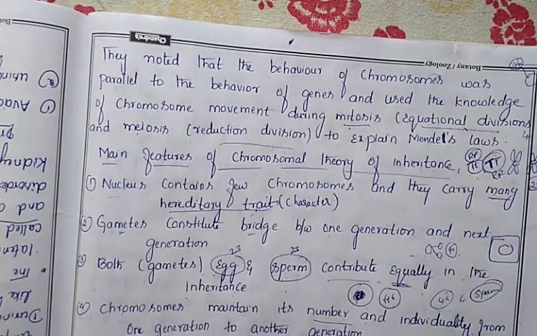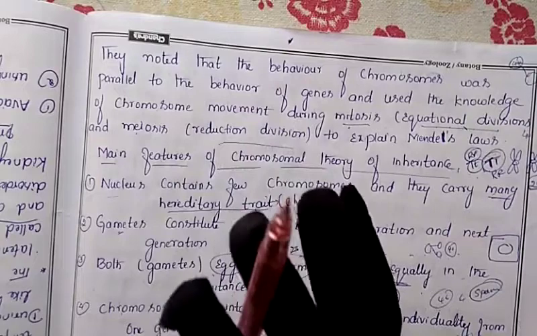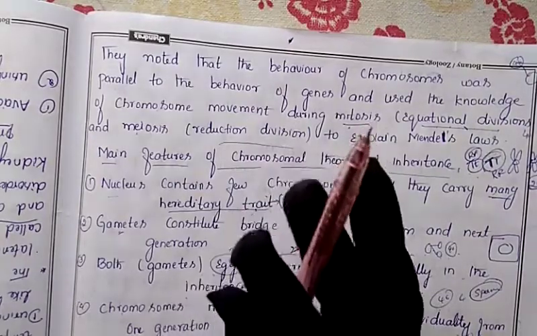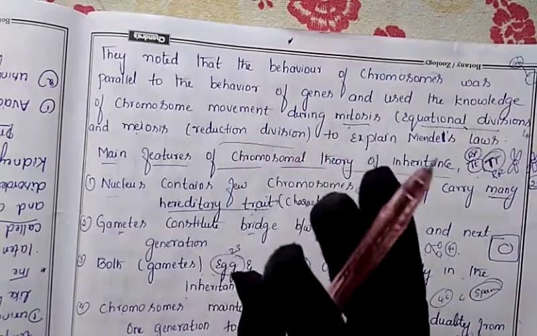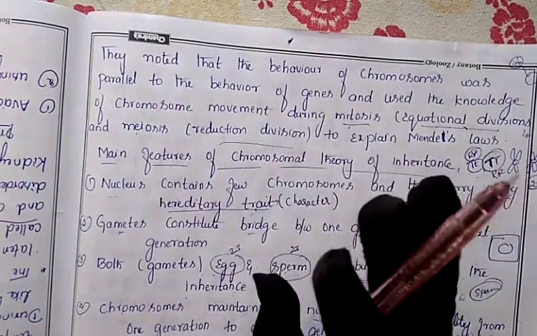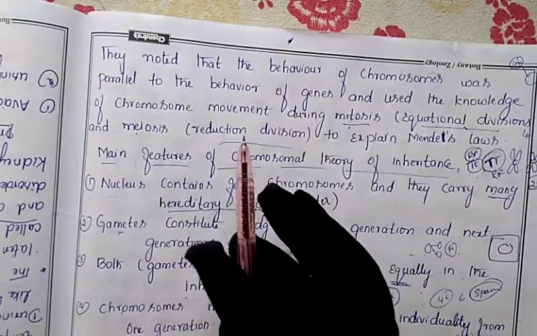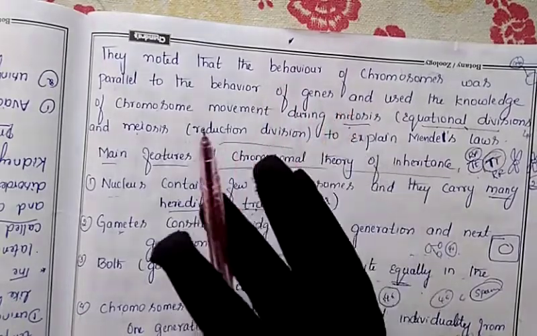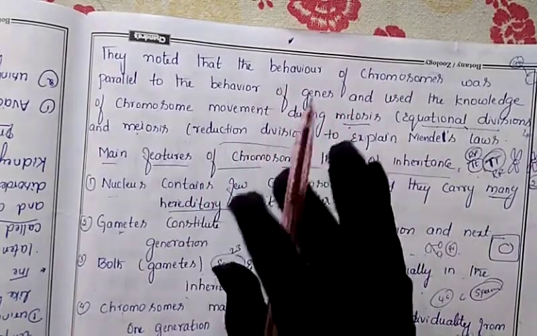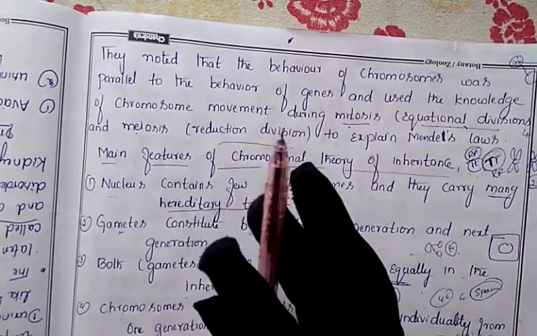If you appear like your father, it is not that your mother's character is not there. In your body the mother's character is also present. You may appear phenotypically like your father, but inside your body the mother's characters will also be present. Or you may appear exactly like your mother, but inside your body the father's character is also present. That means inside our body we have both the father's and mother's characters in an equal manner. But whichever is dominant, that character will get expressed phenotypically. So that is the pattern.